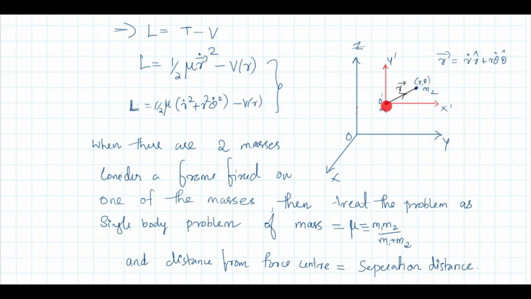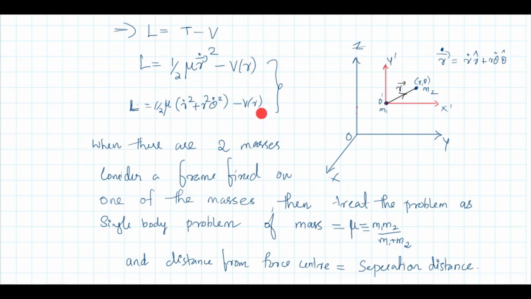With respect to this origin, you can assign polar coordinates r and theta to this particle. In terms of that, the derivative of this vector r will be r dot r cap plus r theta dot theta cap. So substituting here, you will get half mu into r dot square plus r square theta dot square